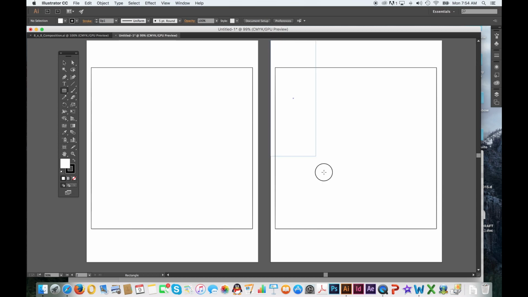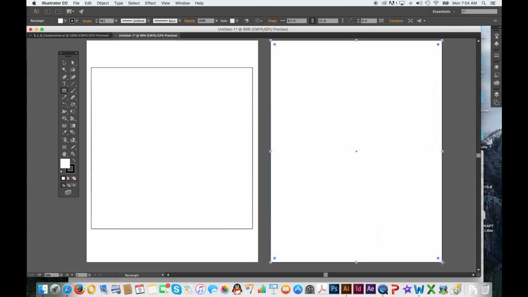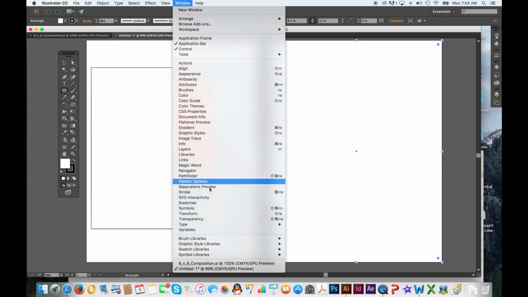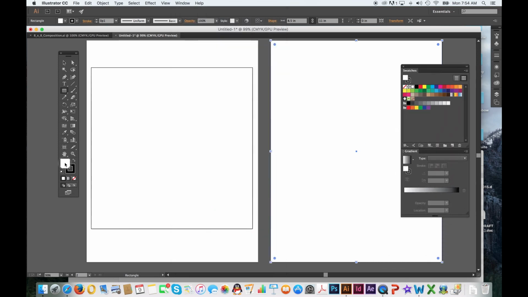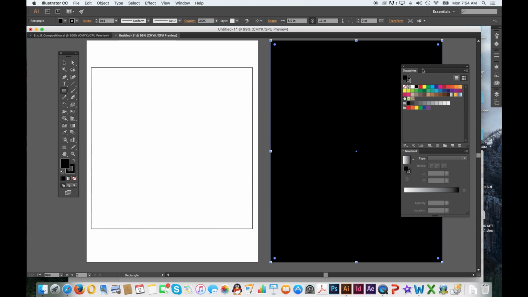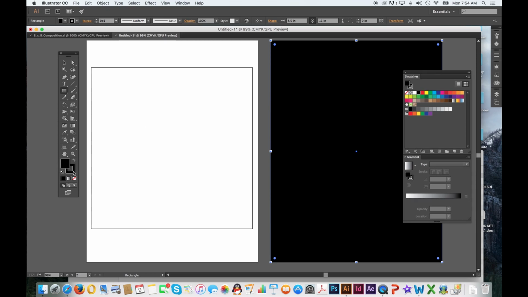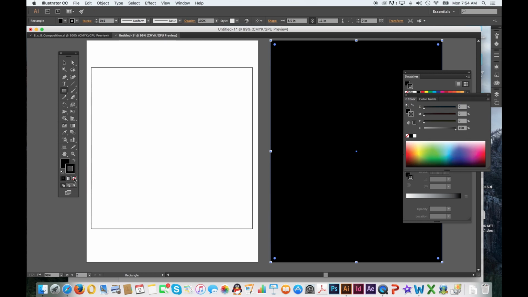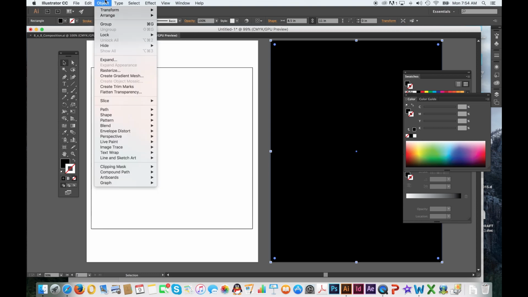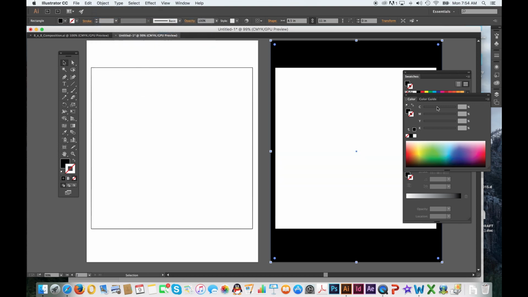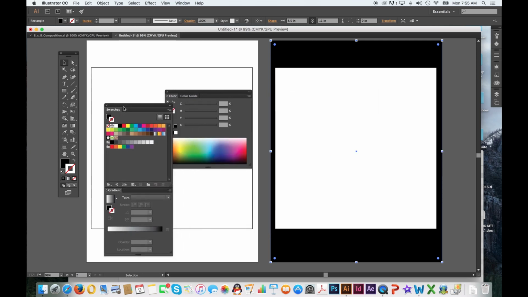So now what I'm going to do with the rectangular tool is I'm going to come over and create a rectangle around the perimeter of my printed page, and then in the bottom of my tool palette, or up under Window, I'm going to select Swatches, and then I'm going to click my Fill attribute, which is this white square box down at the bottom of the tool palette, and I'm going to click on Black Swatch, and that will fill my object black. I will click on the stroke attribute, and I'm going to click on the red backslash, which means that there is no stroke that's applied to this particular shape. Then I'm going to, up under my menu, select Object, and then Arrange, and then Send to Back, and that will bring that black rectangle to the back of my